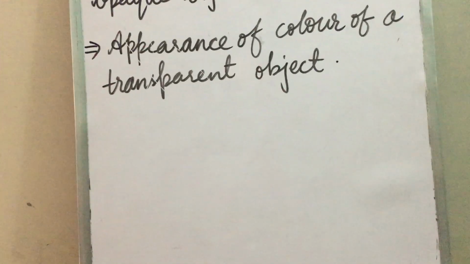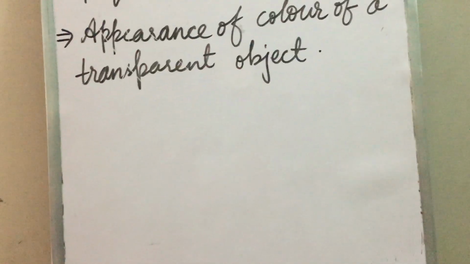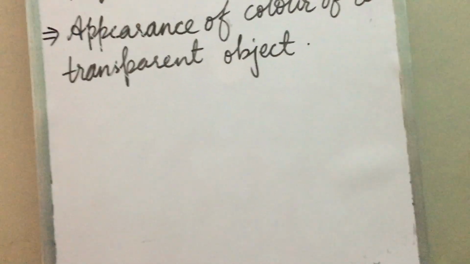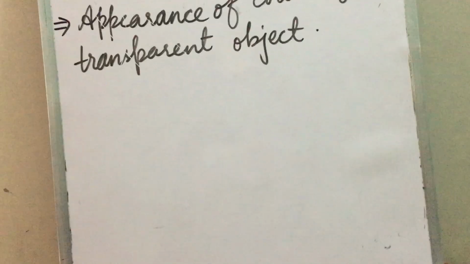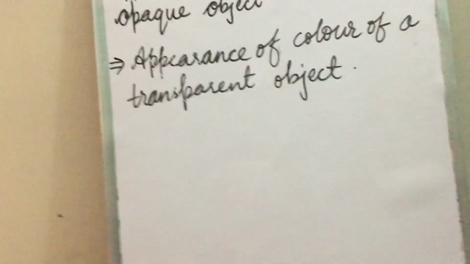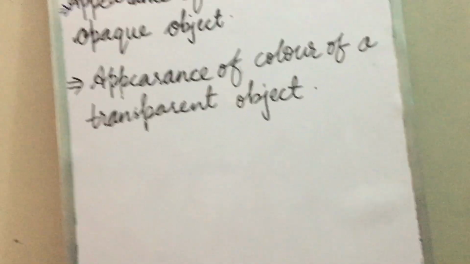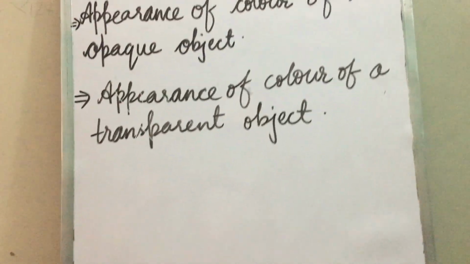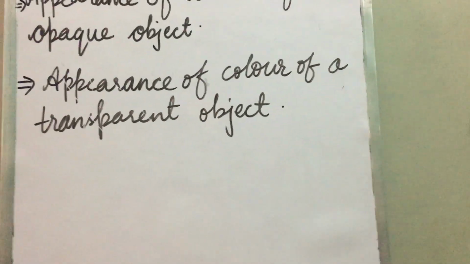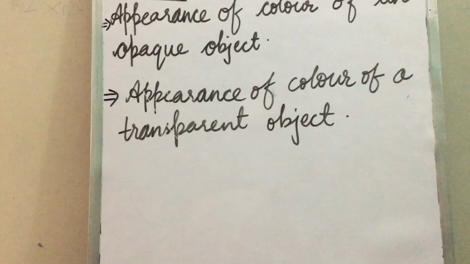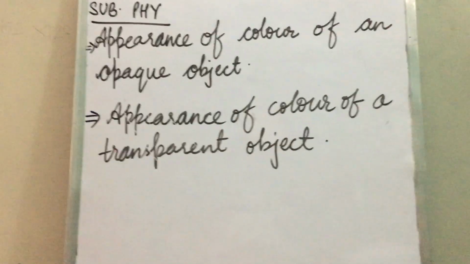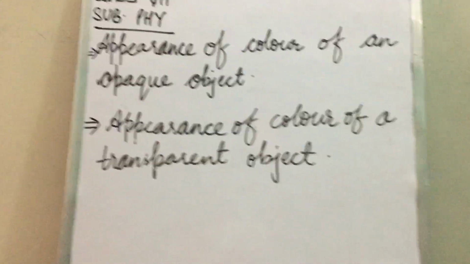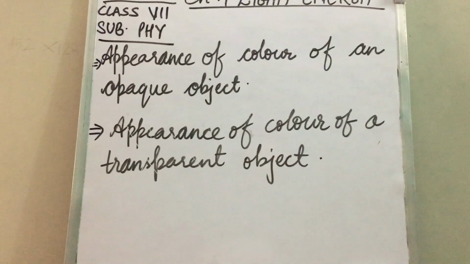Likewise, another example is green leaves of a plant. Why do green leaves of a plant appear green? Because when seen either in white light or in green light, they reflect green light. However, when we see them in blue or red light, what will happen? The leaves appear to be black because they completely absorb incident blue or red light and do not reflect light at all. So children, all the opaque objects are seen in the color which they are reflecting back.